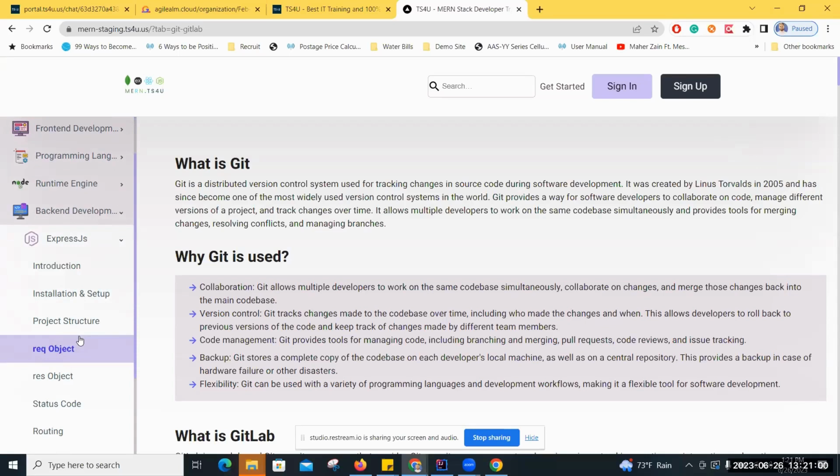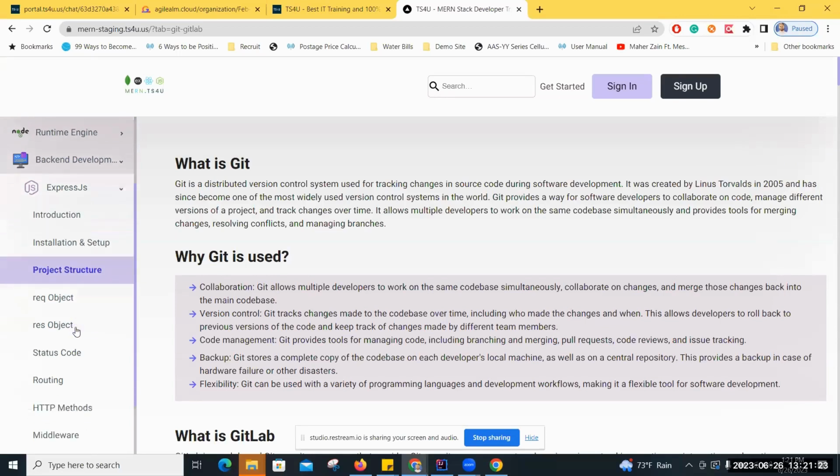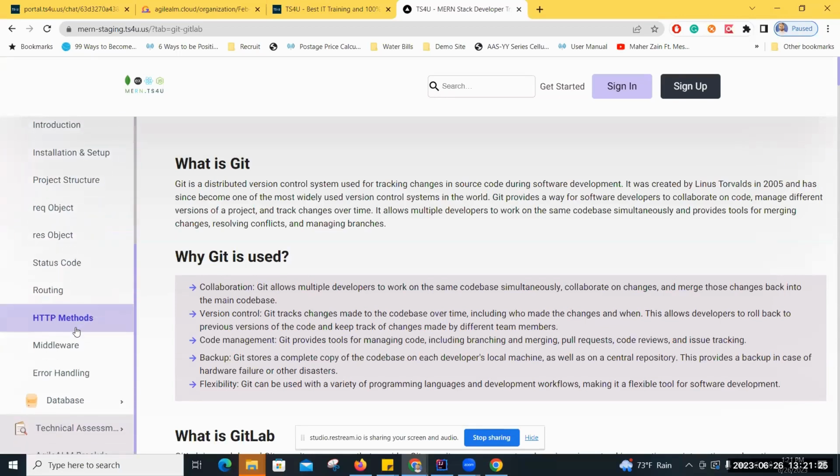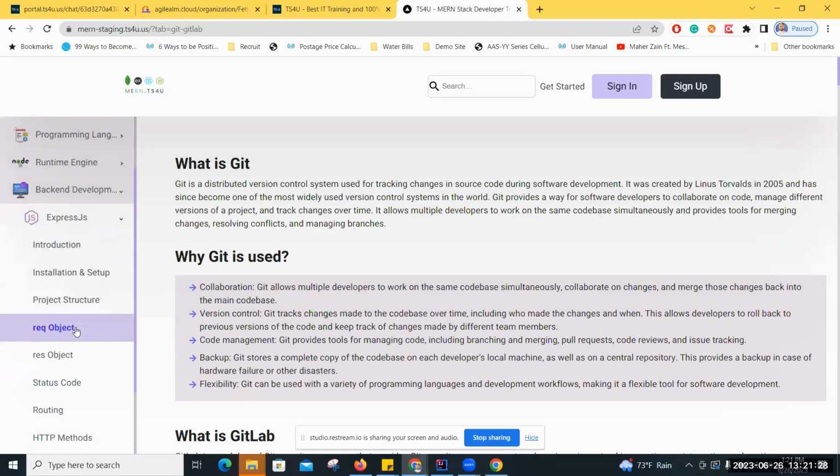HTML and CSS are easy. JavaScript is the core of the whole bootcamp, the programming language. Once you know core JavaScript, things start, and you will be using a good amount of libraries or frameworks, writing the code, meaning backend logic. We'll be covering all of this in the framework. Of course, Express.js has documentation on how to use it. We'll be covering it so that you can write the backend logic